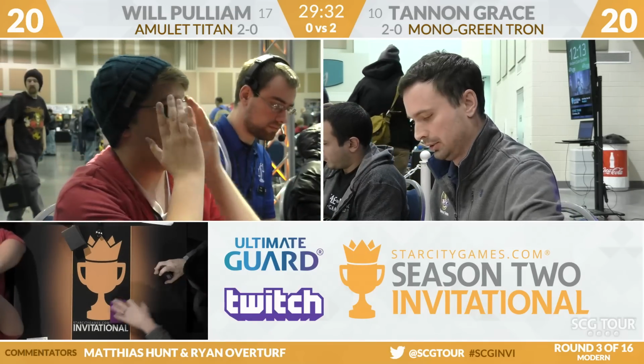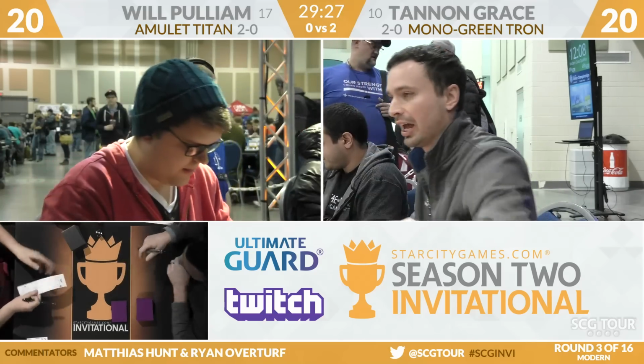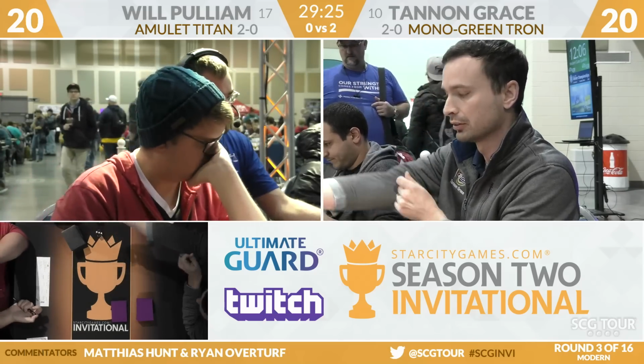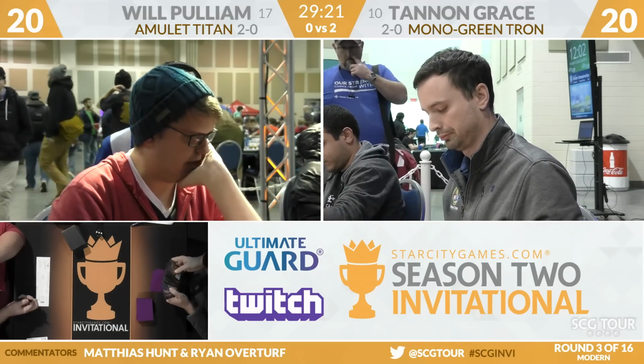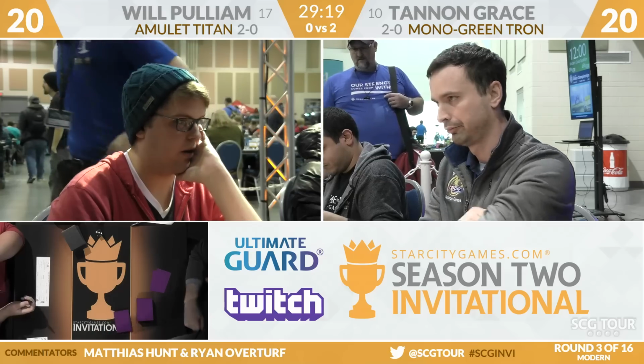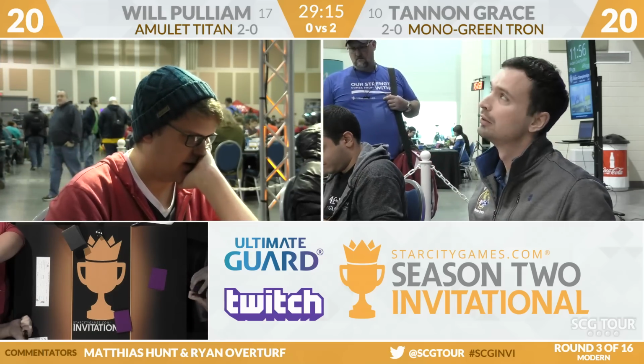Yeah, and this is going to be the toughest spot for the Amulet deck in the Modern format. Opponents with abilities to interact with your lands, that's really what's going to set you back the most. Tron does not have the quickest closing speed of decks in Modern, but Stone Rain on Bounce Land, you saw right there, it was the difference between Pulliam's ability to pay for